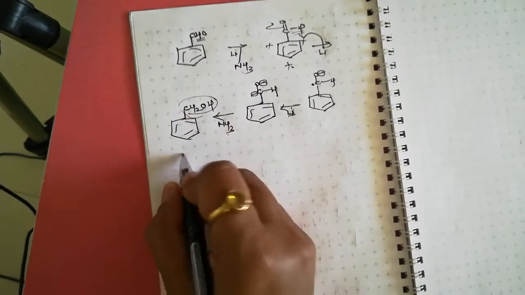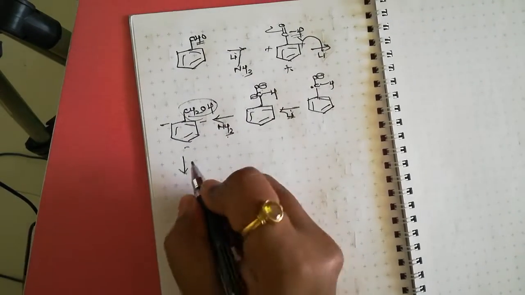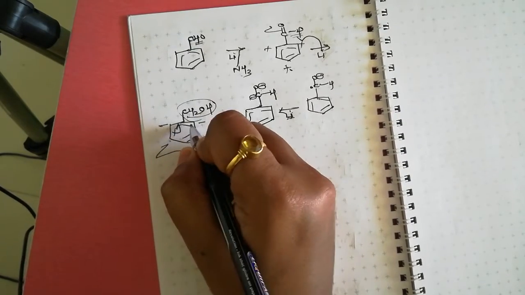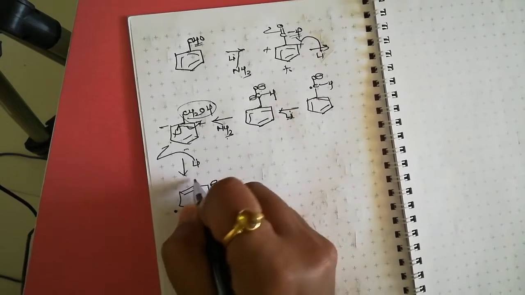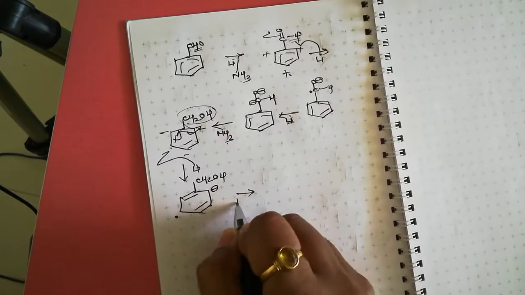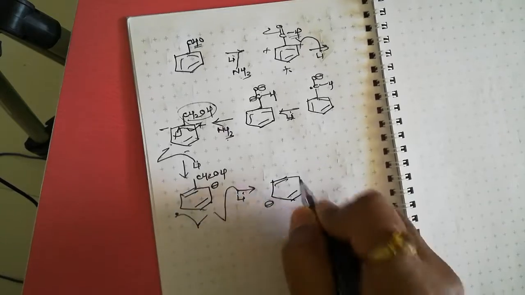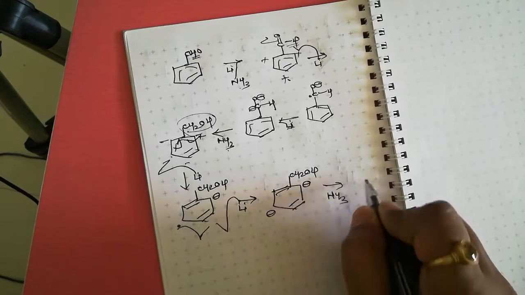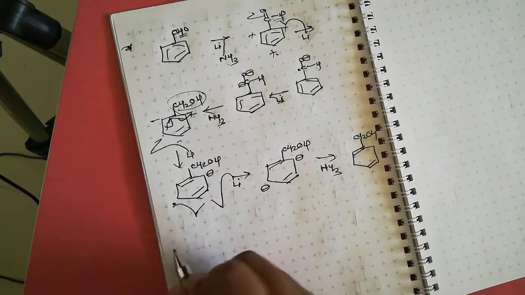Then this group is electron donating. Then the ortho position and para position have negative charge. Therefore, electron transfer goes to the meta position and this bond shifts, negative charge is formed, and we get a radical, negative charge, CH2OH. Again lithium transfers its electron to this meta position and we get negative charge, negative charge, CH2OH. Then ammonia transfers its proton to these two negative charges and we get this type of product. Remember, these examples are very important.